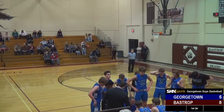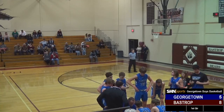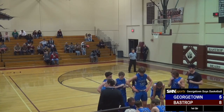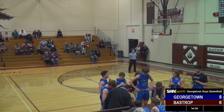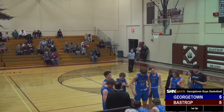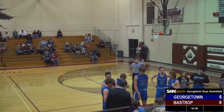It's an ugly first quarter, reminiscent of the Eastview game where it was 9-6 Eastview after the first quarter on the road. And so another slow start here, the second game in a row for the Eagles, as Coach Canfield gets them in the huddle, sits down and talks to them. As we said here, Clay Thomas, Jace Knight, Joseph Waring, Aaron Bazell, and Garrett Campbell in the ball game. It looks like Campbell's going to take a seat as Zane Champagne will come into the ball game